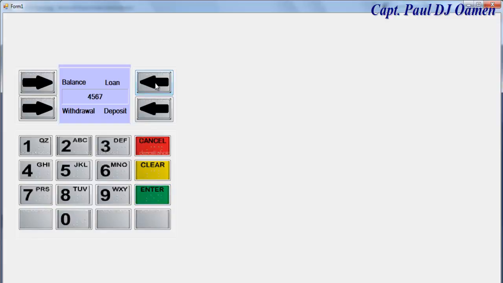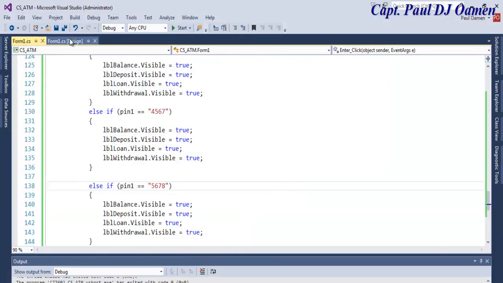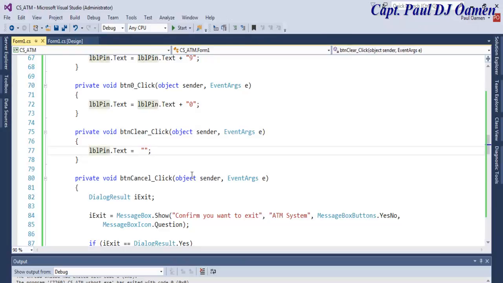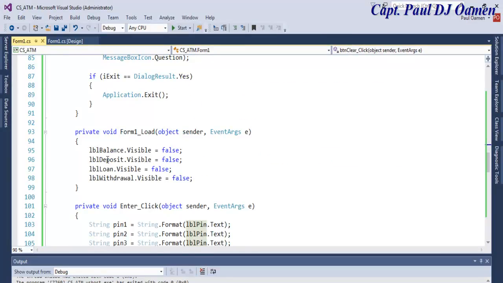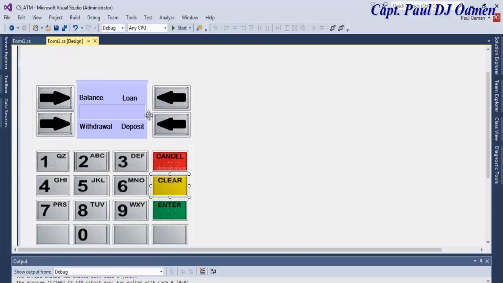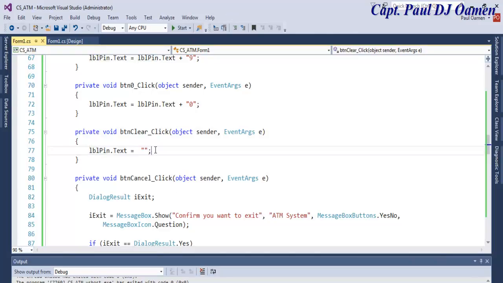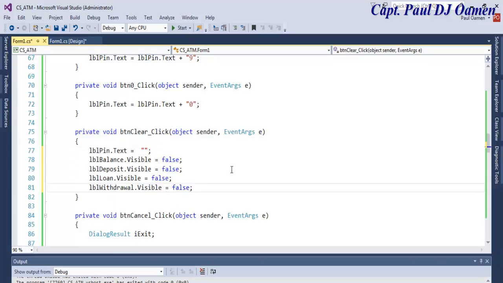Enter there. It enables that. Okay, once that is enabled, you can then make a selection depending on which one you want to select. If I click on clear, I will expect all of these to disappear as well. So let's come into clear, double click on clear, and we just copy all of these. Copy that. Let's go back to clear, double click, there we go, and set everything to